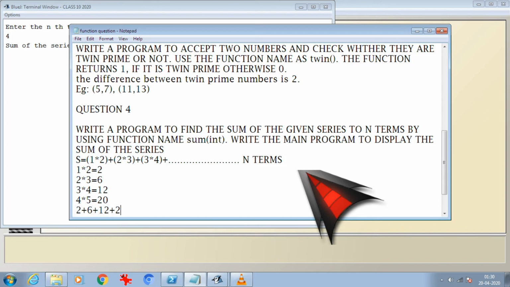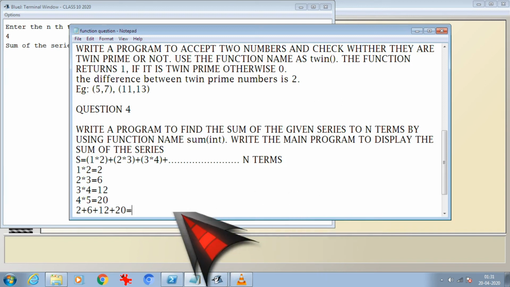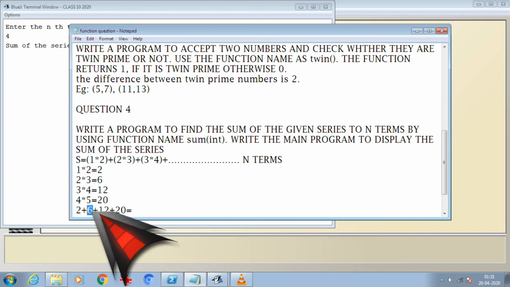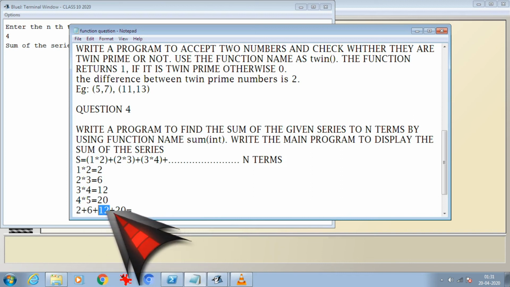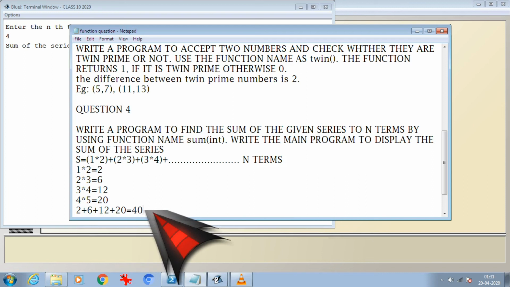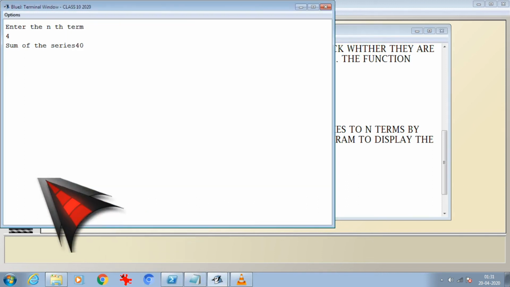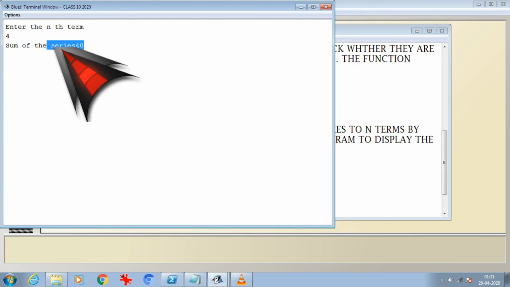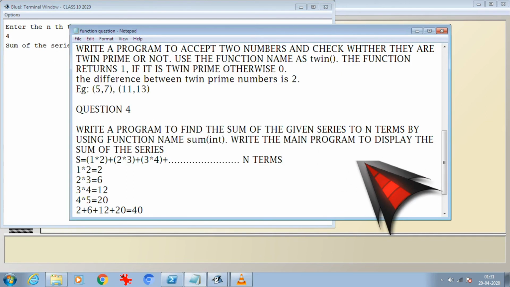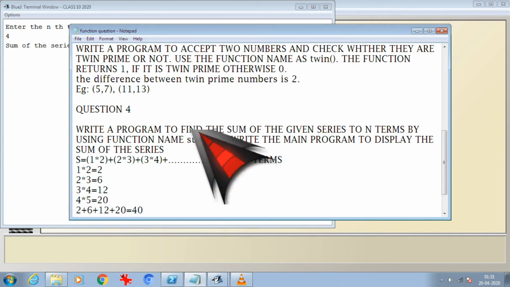So that is equal to 6 plus 2 is 8, 12, 20 and 40. So as my answer has given me 40, which is a correct answer, I can say now that my program is correct. Okay, and I got the result correctly.